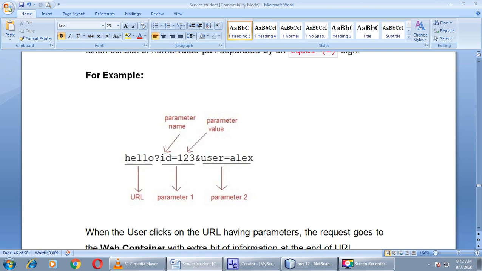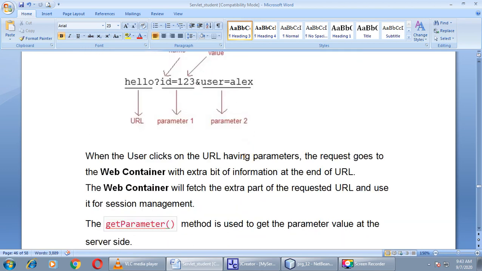First we write the name of the parameter, then the equals sign, and then the parameter value. Similarly for the second parameter, repeat the same pattern: first the parameter name, then the equals symbol, and then the parameter value.